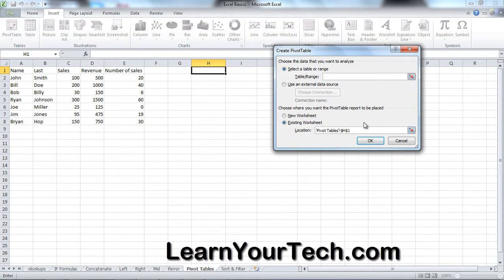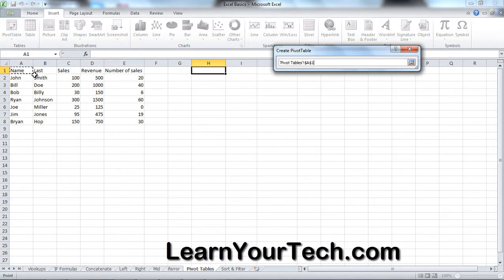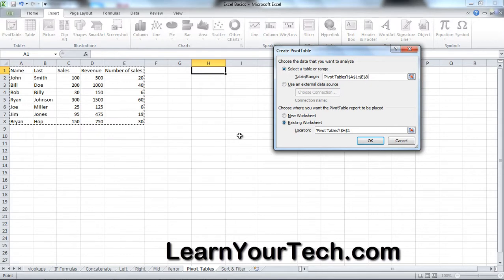and it's going to ask me what range of data I want this pivot table to contain. I would like it to contain all of this data right here, A1 through E8. You can have it open up in a new worksheet if you would like, but for this one it's simple. I just wanted it to open up right next to it, so I have it in the existing worksheet,